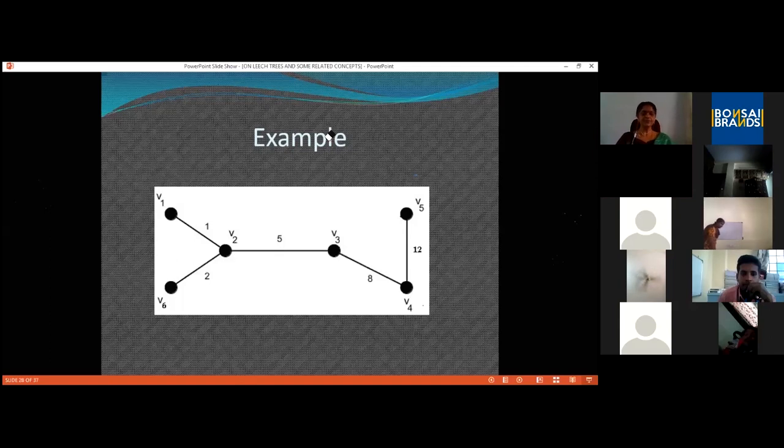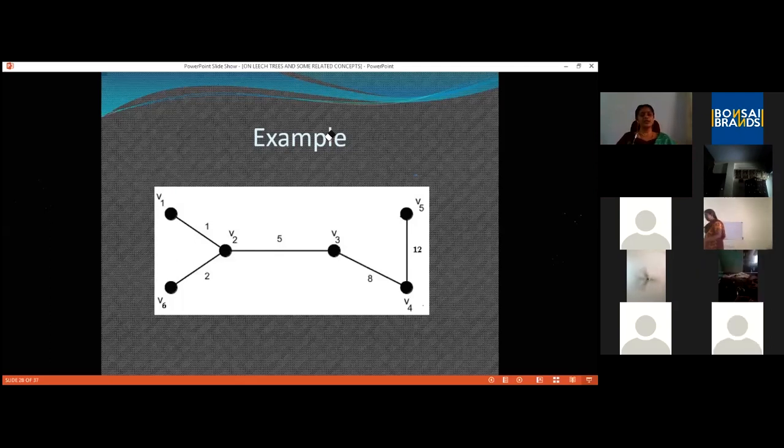Okay, so let us check. Here we are having a graph on 6 vertices. So the path weights must be from 1 to 15. 1 is an edge weight and hence is a path weight. 2 is again an edge weight and hence a path weight. 1 plus 2 gives me 3, but 4 is not seen, right? 4 is not an edge weight. So 4 must come into the picture as a path weight.